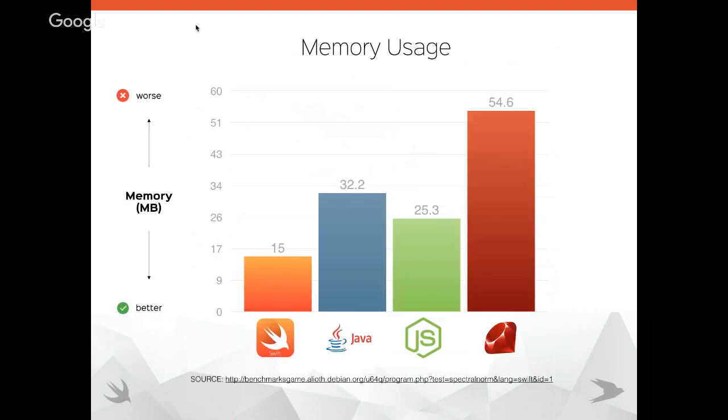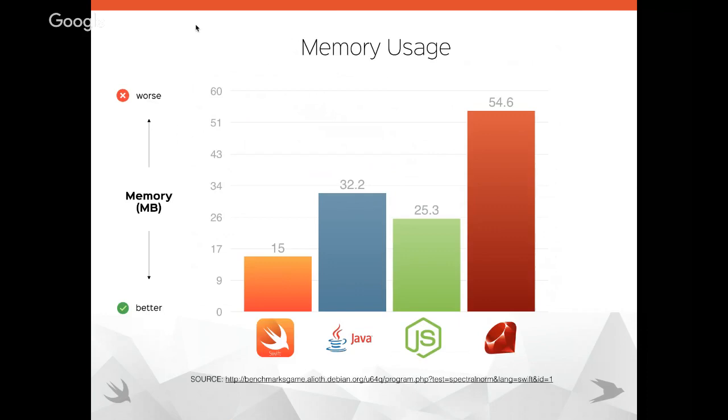I'll get to the reason why memory matters soon, but once again, we took the same four and we compared the same statistics. Now, let's be clear here. This is Swift. This is not perfect. This also, I think, was actually Swift 2.2, which is not as fast as Swift 3.